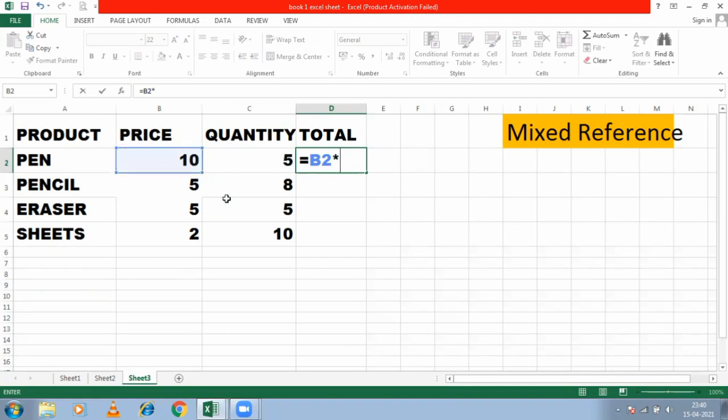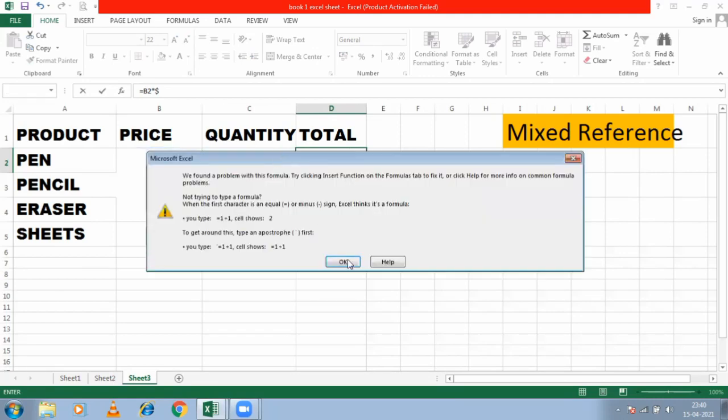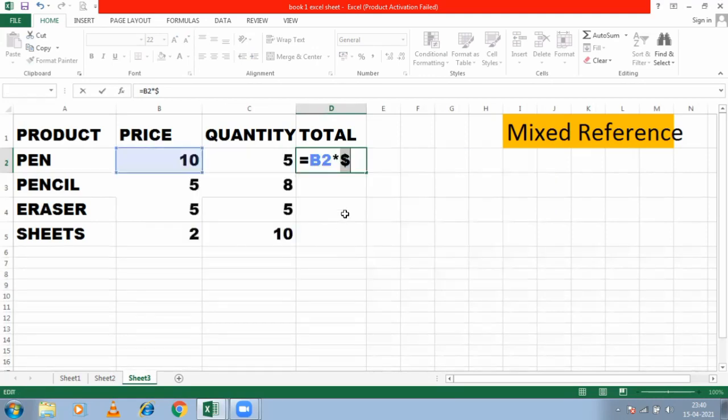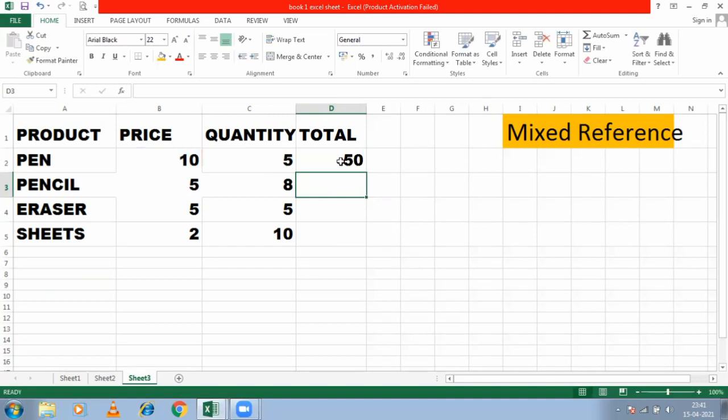Now what we are doing, we are fixing this one, C2, okay? So we are fixing the column first. Let's see what happened. 50, we are getting the result. Now let's copy. So we have copied, we are getting 5 8s are 40, 5 5s are 25.